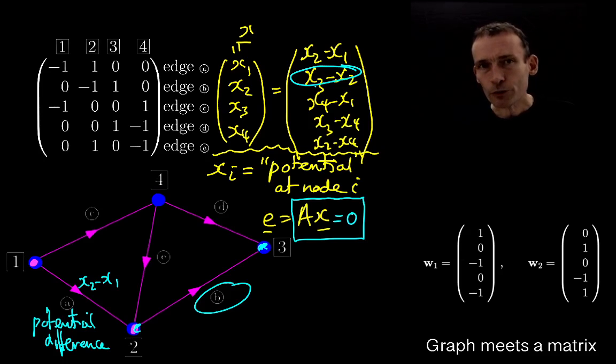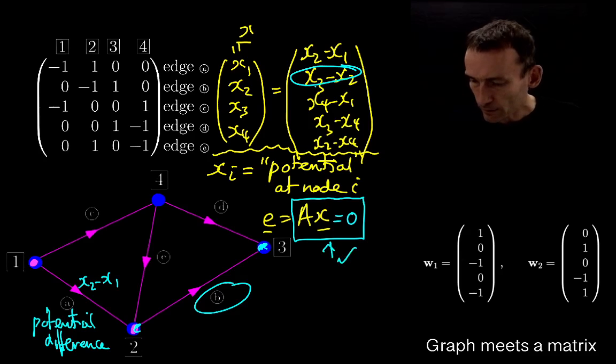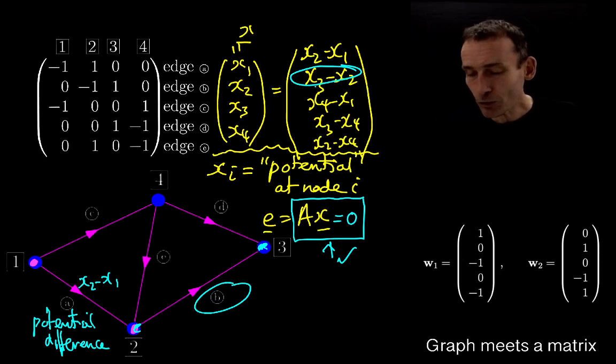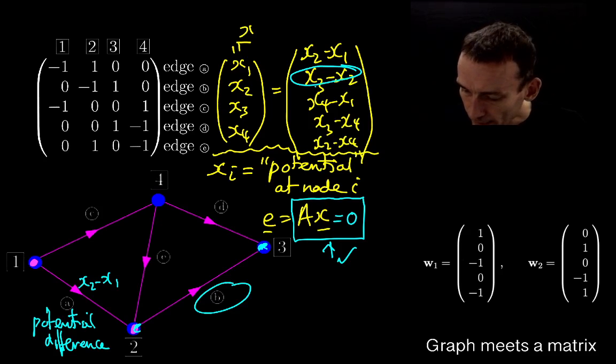Well, if the potential differences are all 0, that's what this says, it means that between any two nodes joined by an edge, the potential difference must be 0, which means the potentials must be the same. And this is a connected graph, which means that I can get from one node, any ones connected to that will have the same potential, because it's a 0 vector of potential differences, and then that's connected to every other node. So can you not see that for a connected graph, this vector x